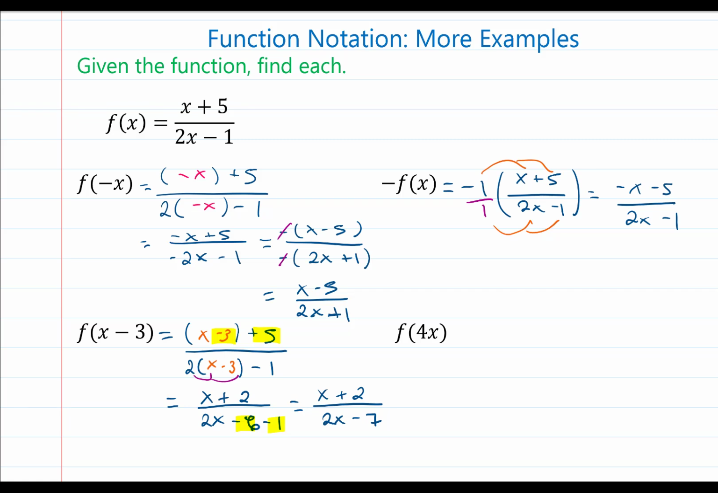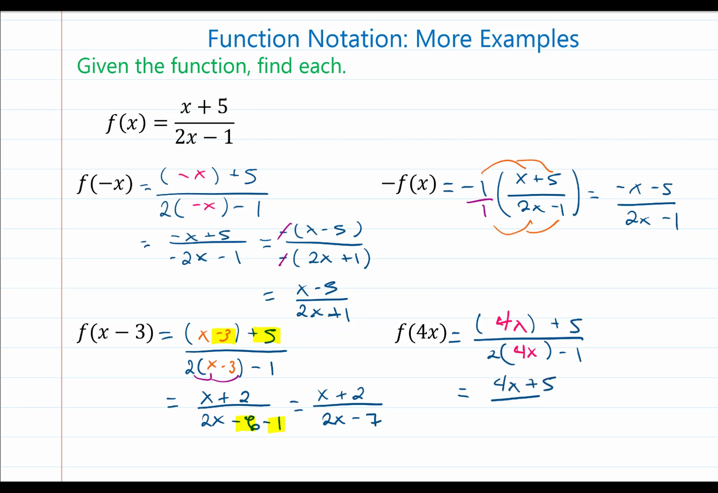Finally, my last example, I have f of 4x. So one more time, I'm going to rewrite the function taking out the input variable of x, so that gives me blank plus 5 over 2 times blank minus 1. In its place this time, I'm going to write the 4x and simplify. So from here, 4x plus 5, there's nothing I can do to simplify that expression,